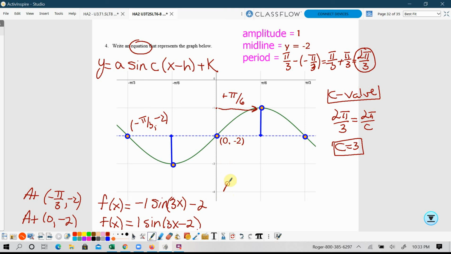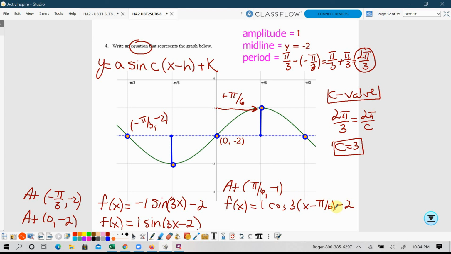So I'm going to write this next. If I start at this point as a cosine graph, it would look like this. 1 cosine of 3 parentheses x minus pi over 6, because remember I translated to the right pi over 6